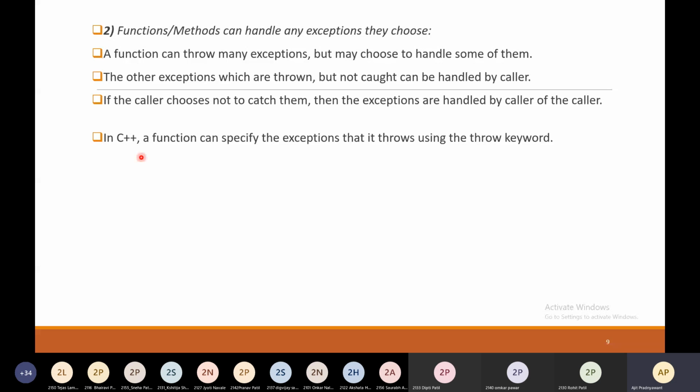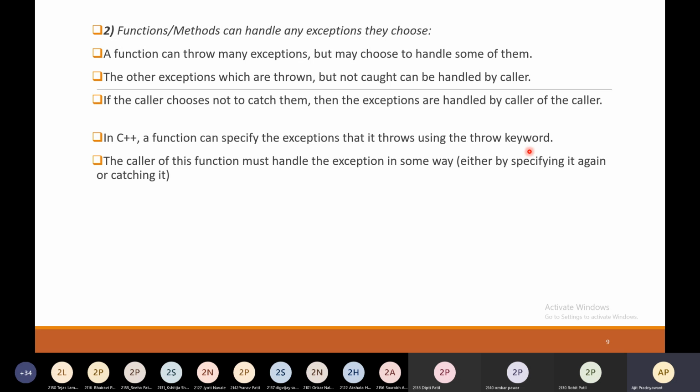In C++, a function can specify the exceptions that it throws using the throw keyword. The caller of this function must handle the exception in some way, either by specifying it again or catching it. And the next advantage is grouping of error types.